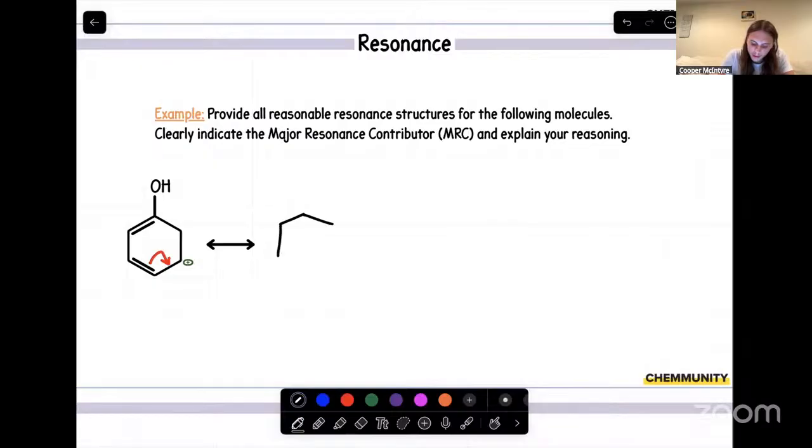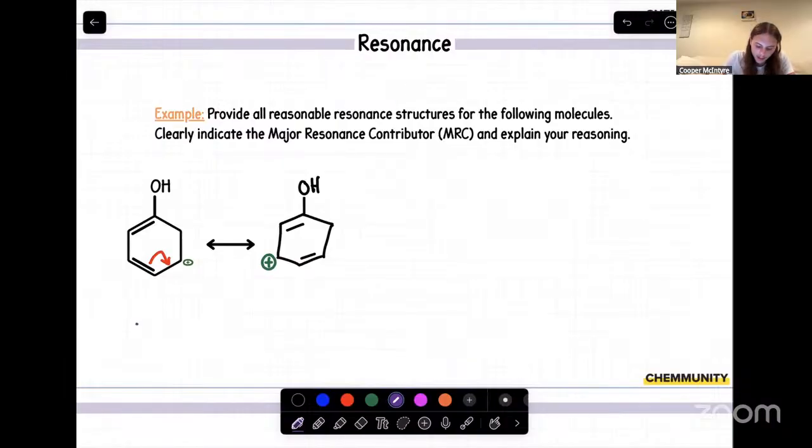Through and draw out our cyclic structure. So right here will be our new pi bond. And remember, if we're moving electrons away from this carbon, that means this carbon will now have a positive charge. And we'll go ahead and add our OH group up here. And when it does come to positive charges, a helpful trend, I will say, is that whenever you start with a positive charge, you will only have to move one arrow.